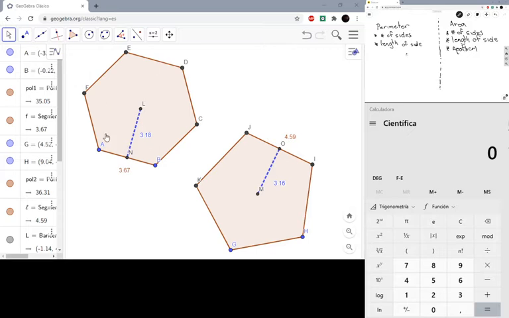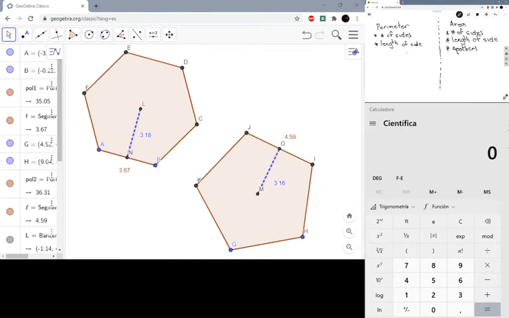And here we have a regular hexagon and a regular pentagon. We are going to find the perimeter and the area of both of them, so you can learn how to do it. First is going to be the perimeter, okay? So remember, for the perimeter, as you see here in the part of perimeter,